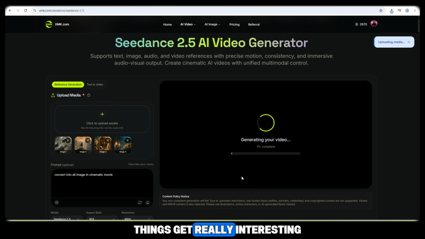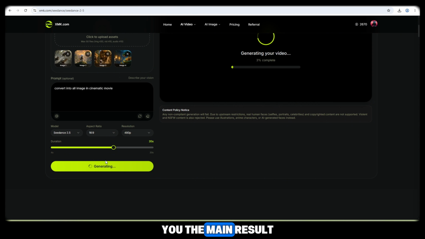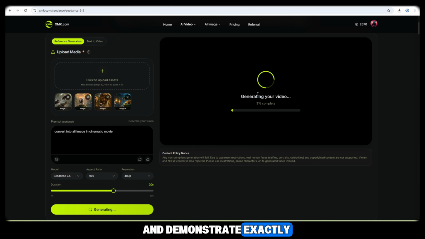This is where things get really interesting. After the generation is complete, I'm going to show you the main result and demonstrate exactly how these multiple images have been transformed into one cinematic sequence. So let's wait for a few moments. And now,